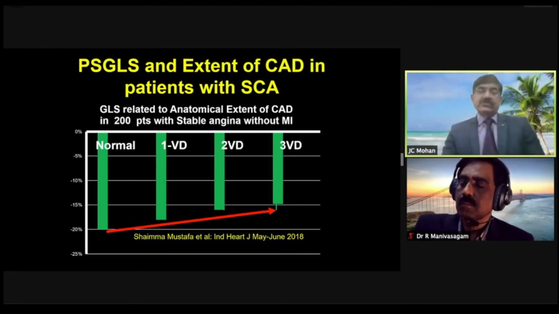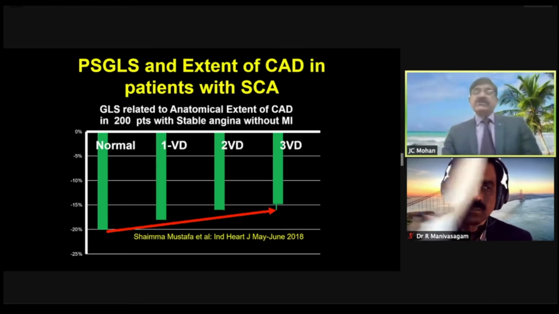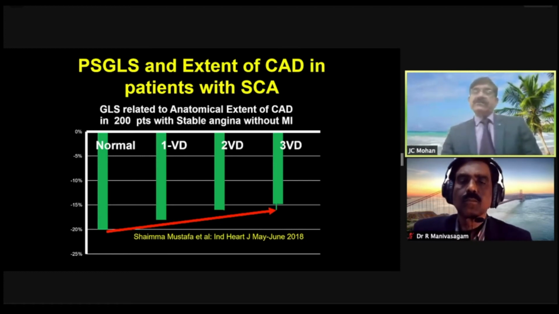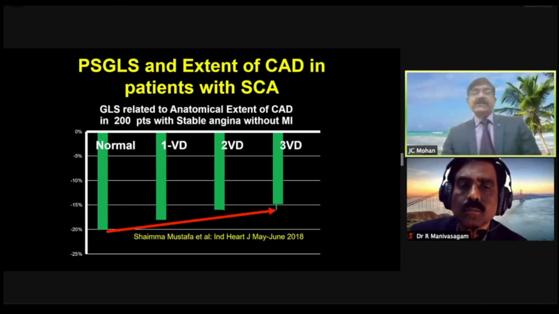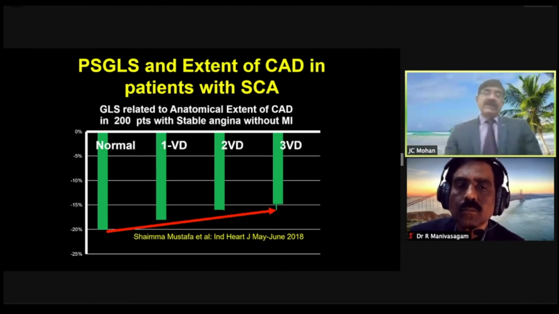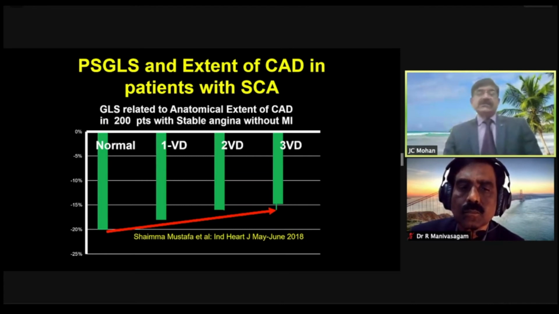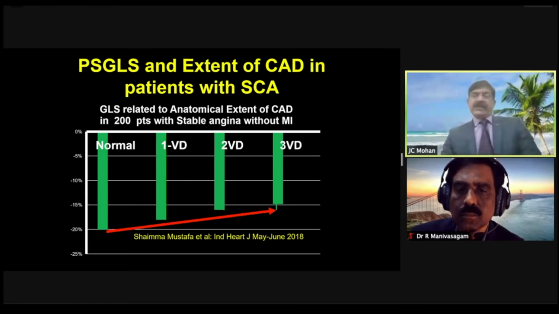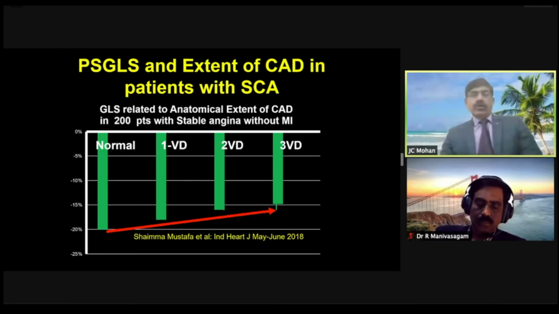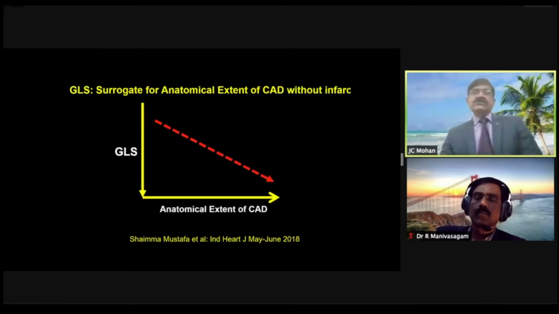Published in Indian Heart Journal 2 years back by Shamima Mustafa, showing that as the number of vessels involved increases, the global longitudinal strain falls. From 20%, when you see something closer to less than 15%, multi-vessel disease is likely. So one of the ways of screening for asymptomatic coronary artery disease could be looking at global longitudinal strain, because Shamima Mustafa and colleagues have shown that global longitudinal strain decreases pari passu with anatomical extent of coronary artery